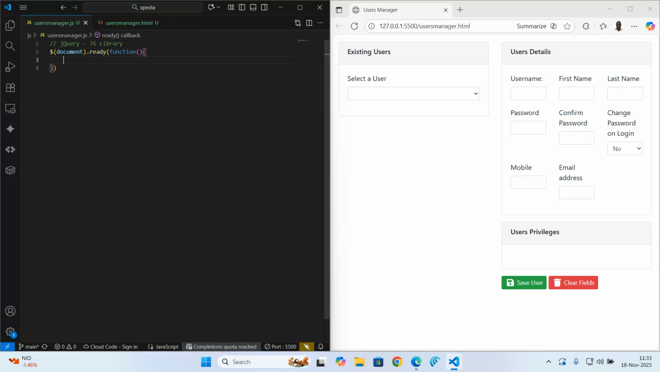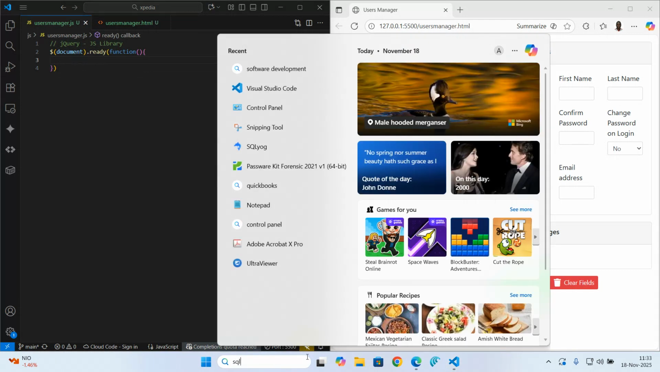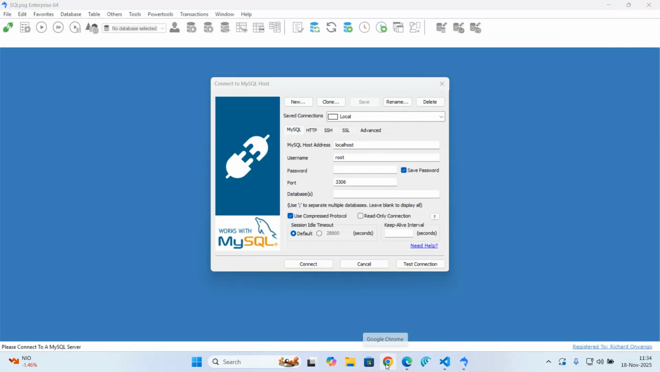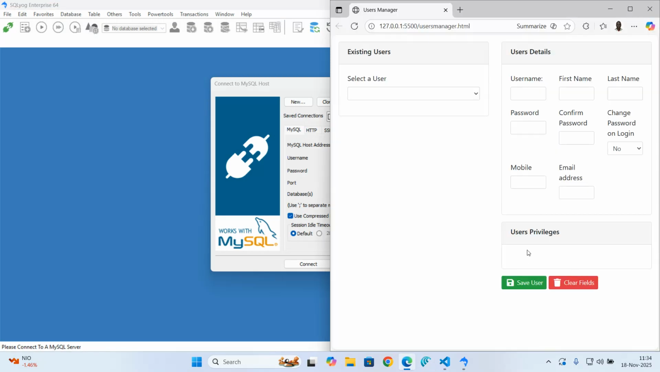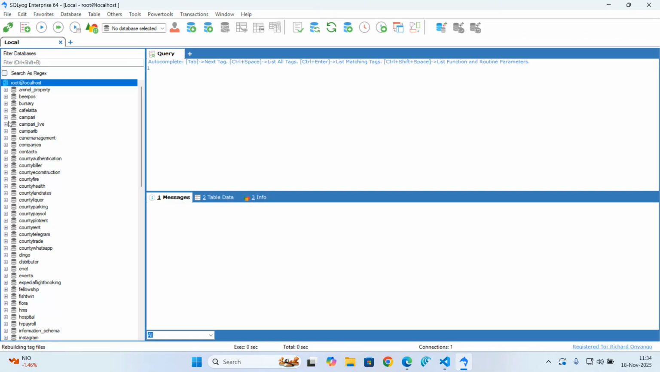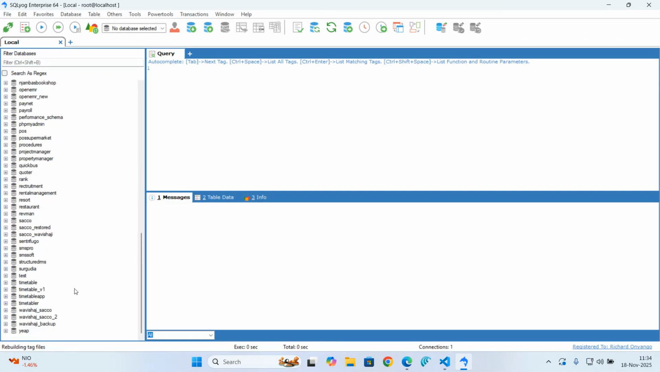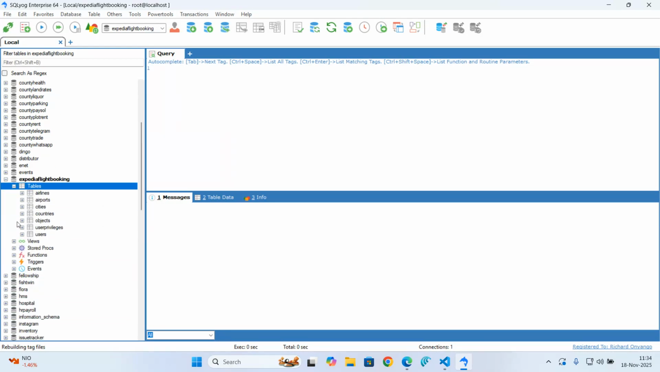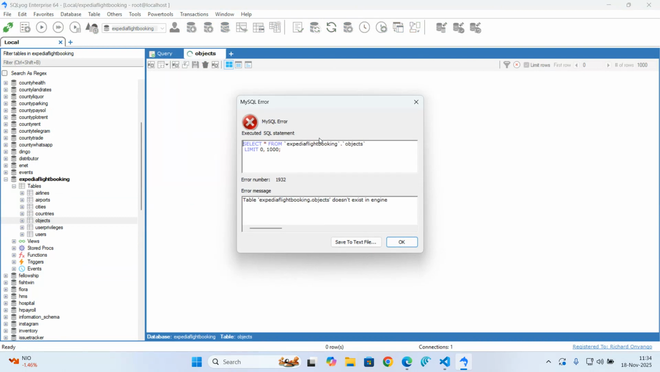Now, one thing I need to check is I will open SQL and check if I'm able to pull all the privileges. So our database is called Expedia. I don't know if it started with X or EX. I think it started with EX. So we have Expedia here, and we have objects here. These objects are the ones that we're going to give. Oh my goodness. Looks like